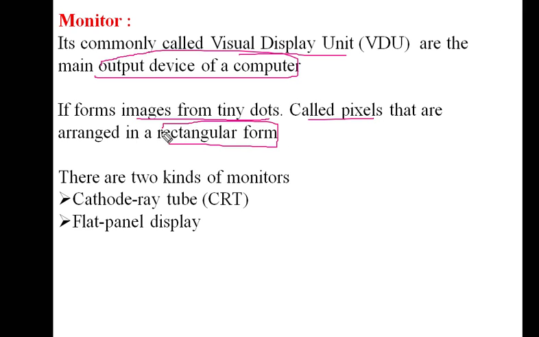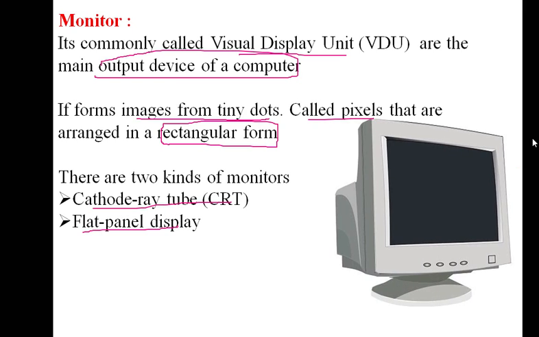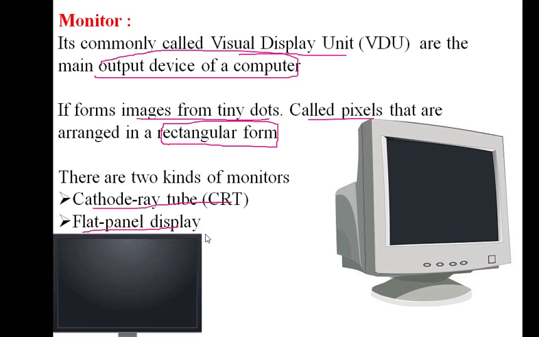In monitors we have two kinds, that is CRT monitor and flat panel display monitor. CRT we can call cathode ray tube, then flat panel display. This device we can call CRT monitor, this one we can call flat panel display. Okay,